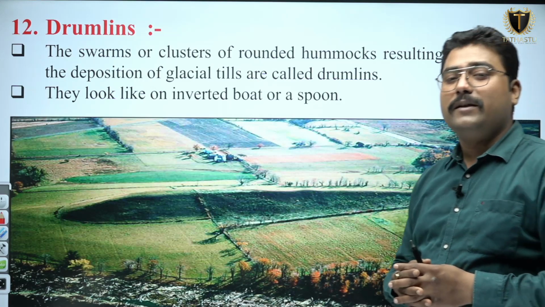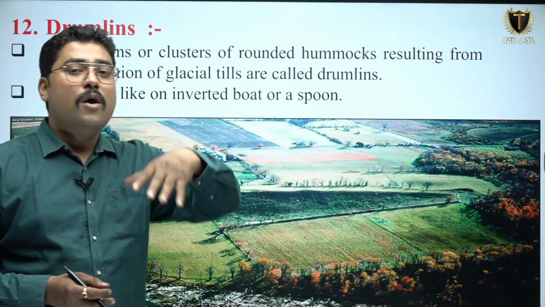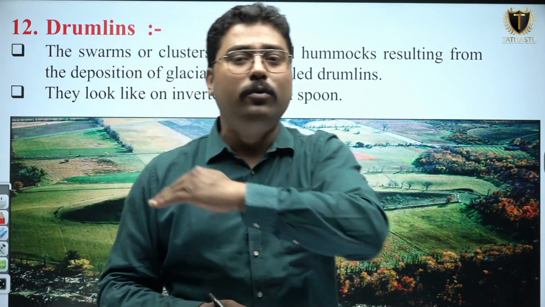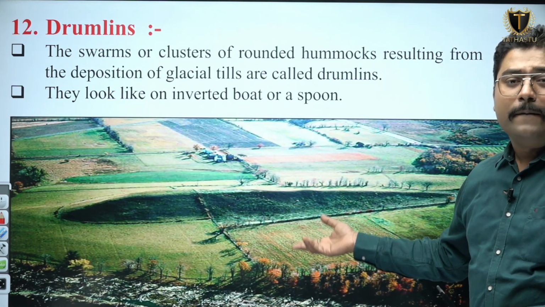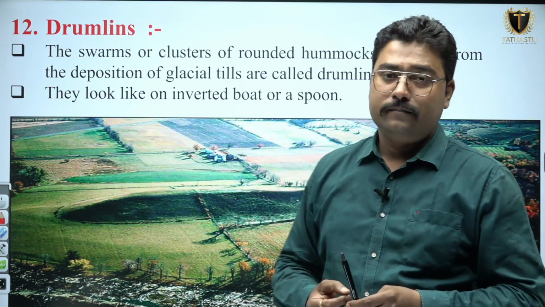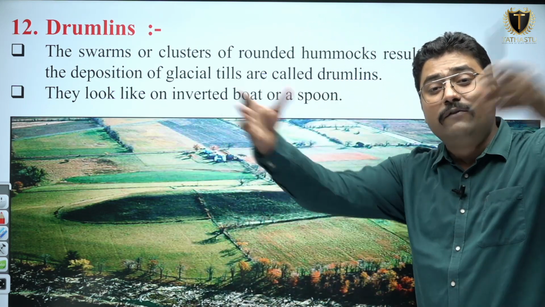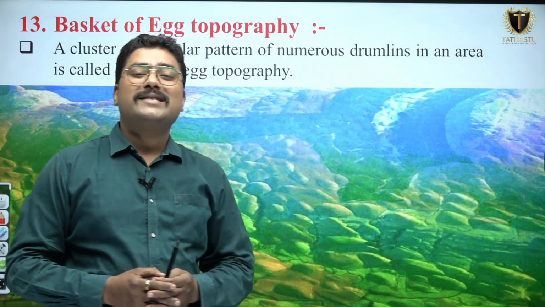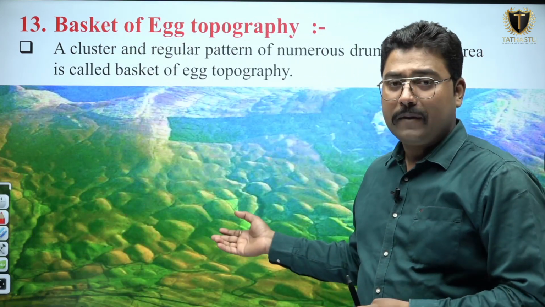Then after the drumlins, when the deposition of sediments brought by glacier will be in the form of an inverted boat or spoon, then they will be considered as drumlins, as you can see, and they can resemble a small hill also because they are big. And when these drumlins are found extensively in a bigger area, then they will be considered as basket of egg topography, as you can see. Then after,